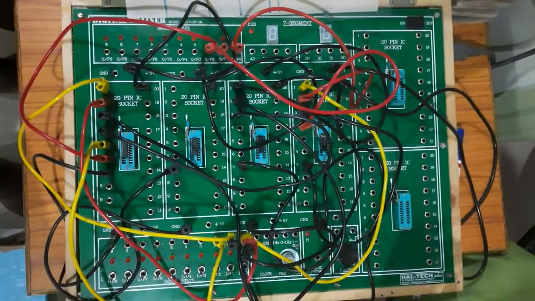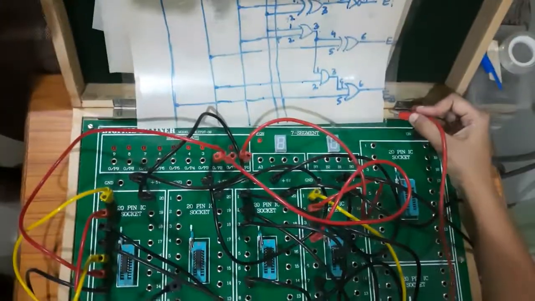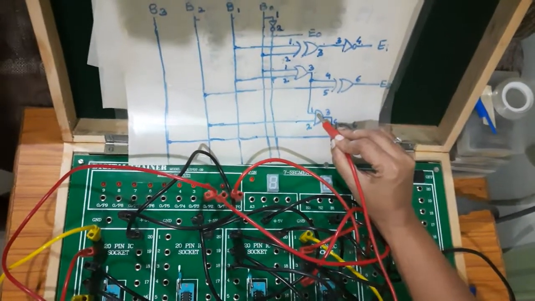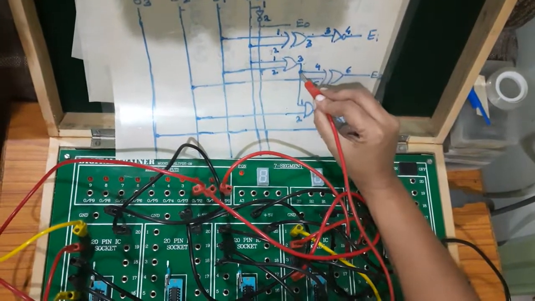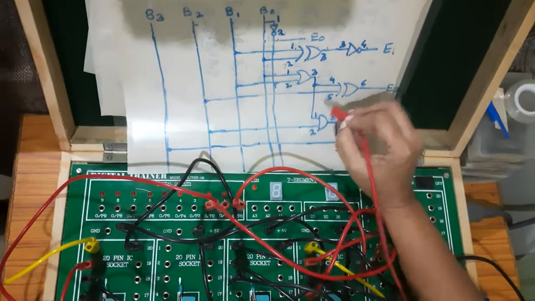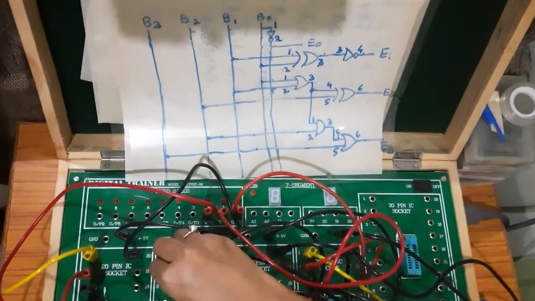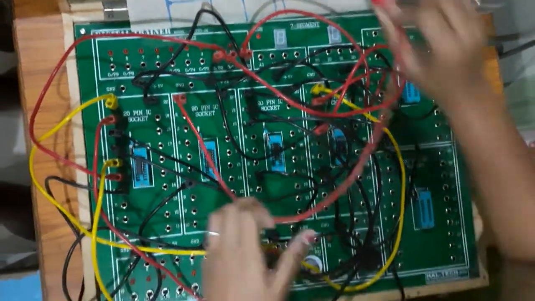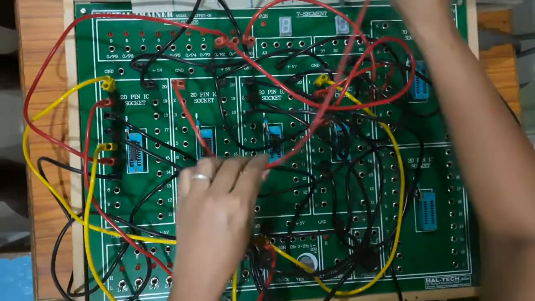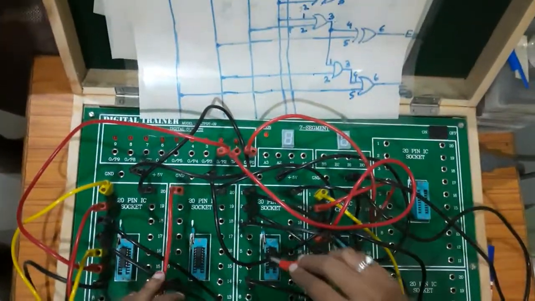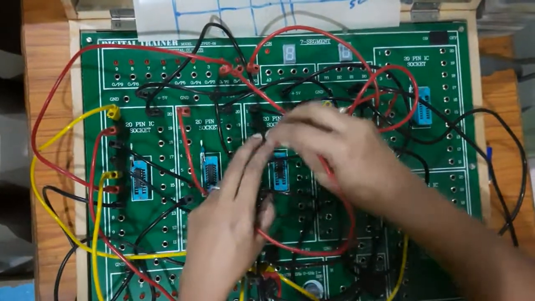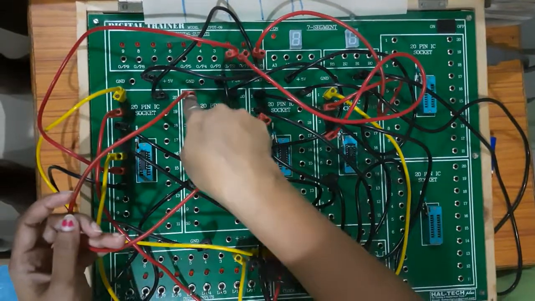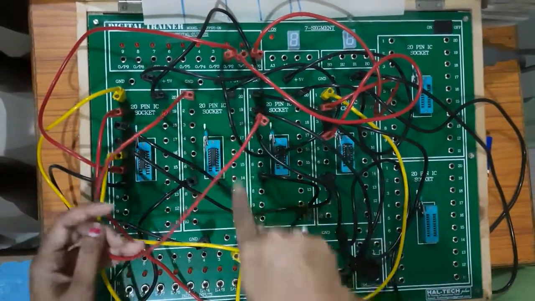Now talking about the last bit over here. Here we can see that the first pin of the AND gate should get the value from the third pin of the OR gate. So this is my AND gate. The first pin will get the output from the connection from the third pin of the OR gate. This is my OR gate, this is my third pin, so it is to be connected from this. The third pin of the OR gate is to be connected to the first pin of the AND gate. Okay, this is my AND gate.